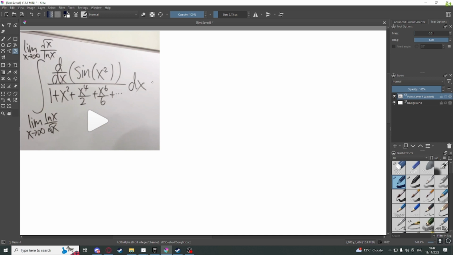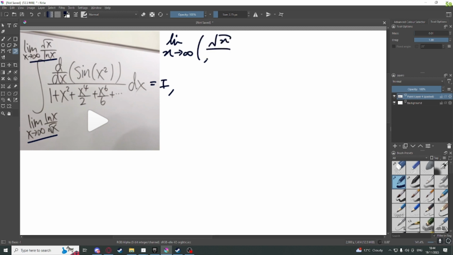First, I'll call this integral I, and let's simplify this integral. And let's first find our limits here. So the limit as x tends to infinity